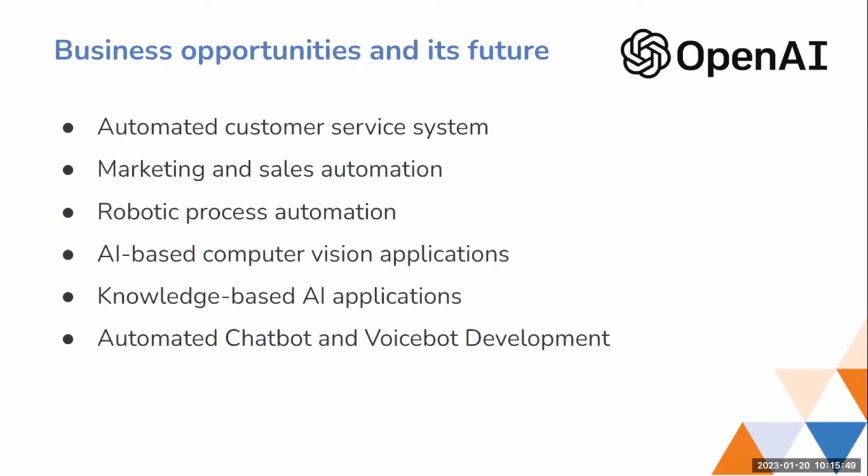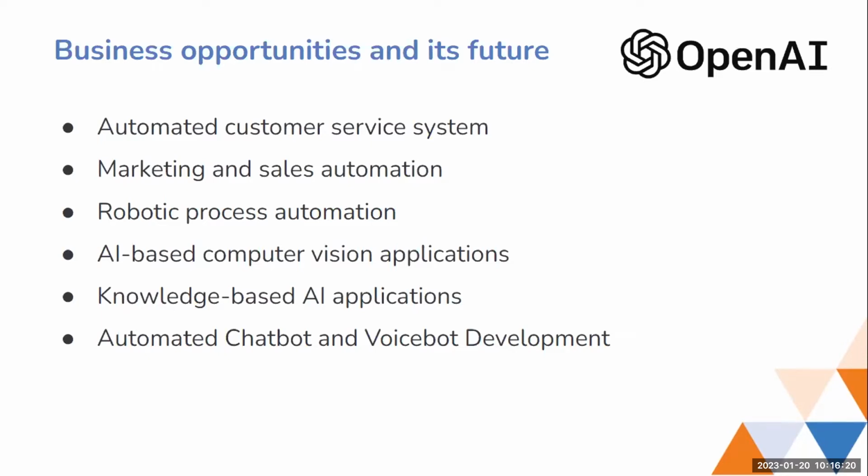The robotic process automation, there are a lot of things going on. I'm just not going to go through all these details, because these are just a very few examples from where we can get an idea of how we can use OpenAI and its models. Natural language processing is a part of their research area. They're doing research on images. They're doing research on data sets. There are a lot of things going on.